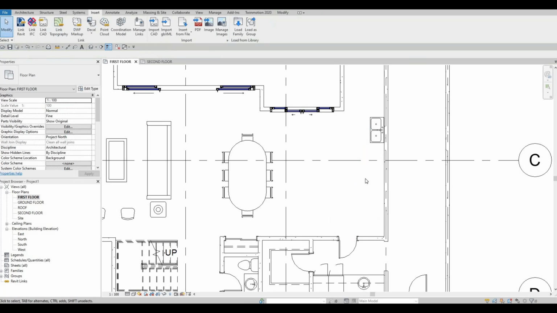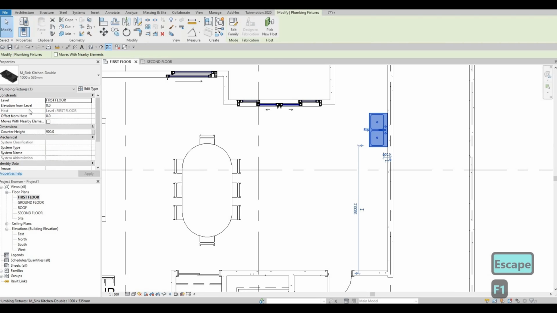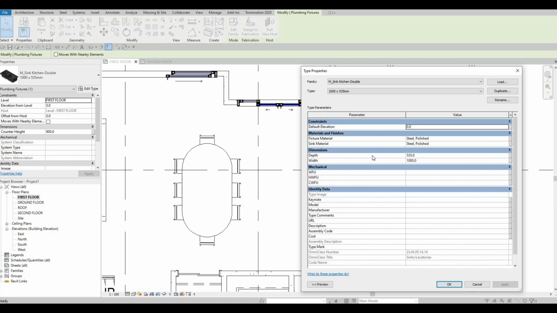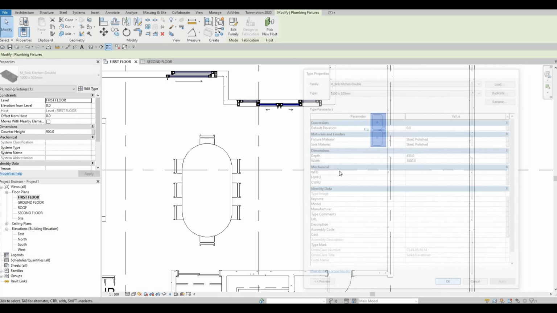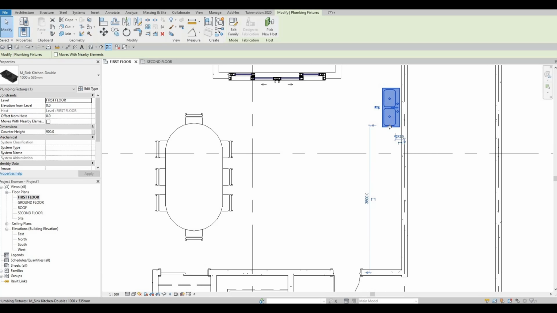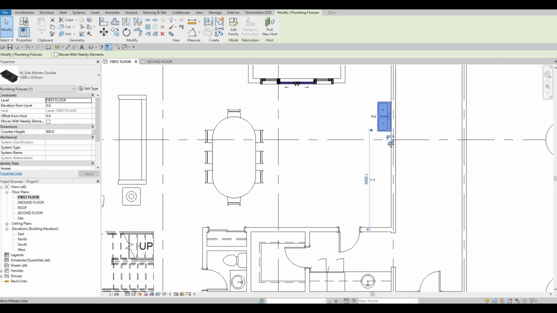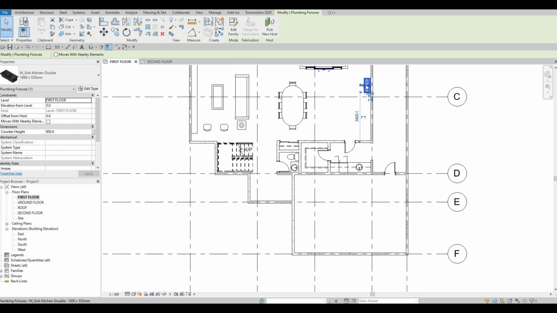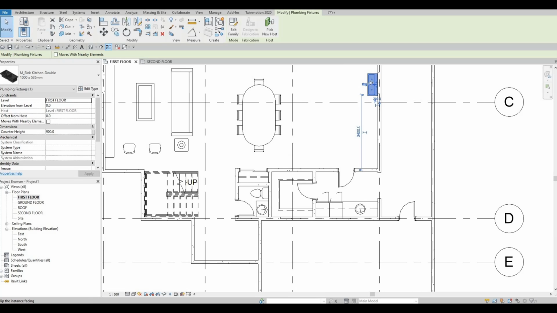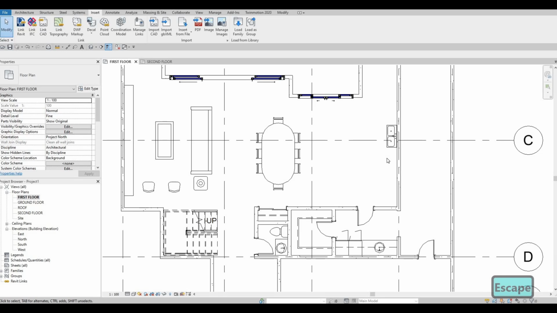And then press escape. And then I'm going to select the sink, and it looks like the depth is too big for that. So I'm just going to change this to 450. You can duplicate first, but I'm just gonna change this one because I'm planning to just put this one right about here. So I'm good with this. Then once we add it around near the C line, we could then add in our